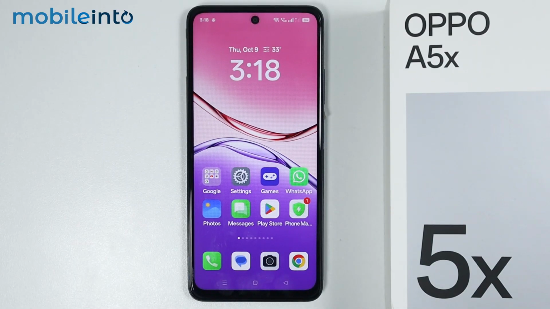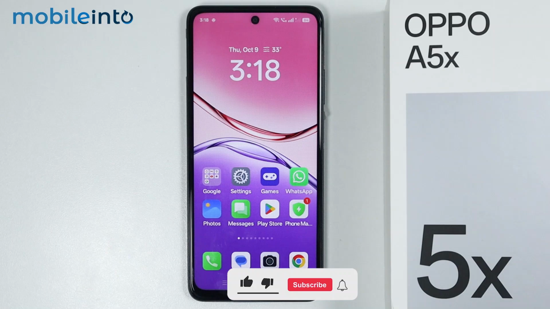Hey, what's up guys? So in this video, we will see how to locate the recycle bin on the Oppo